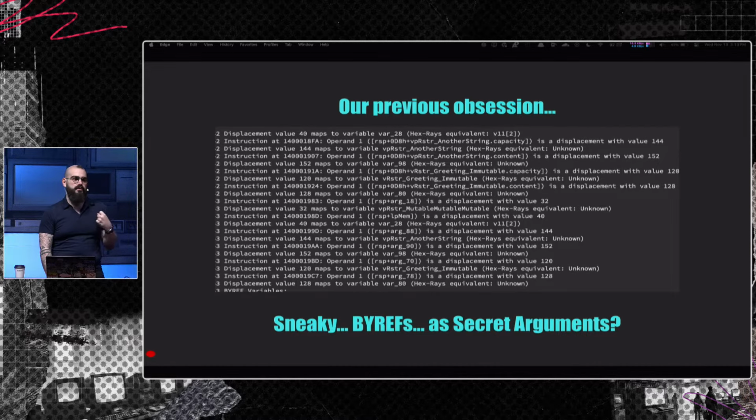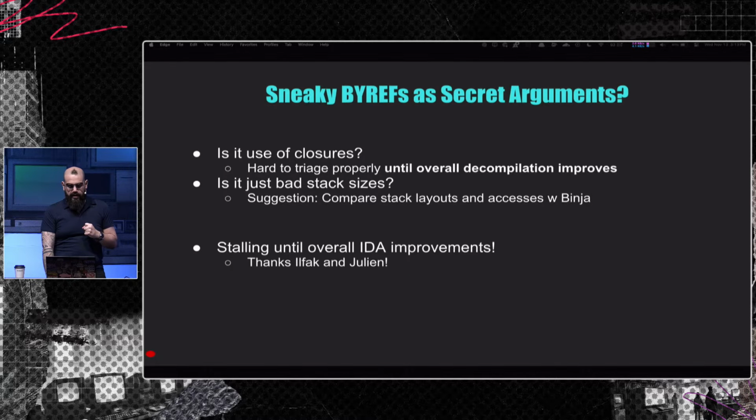We were told that maybe we were looking at a use of closures, which is just one of these newfangled programming concepts that I'd rather not go into because I barely understand them. So we were like, oh, maybe this is how these secret arguments are being passed around because of closures, or maybe it's just the stack sizes. So we're waiting for IDA improvements, but